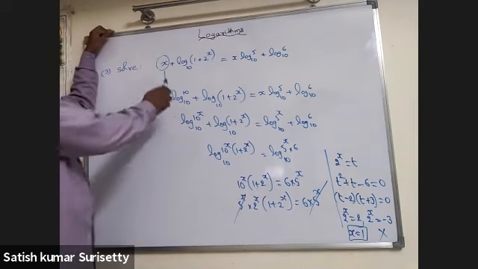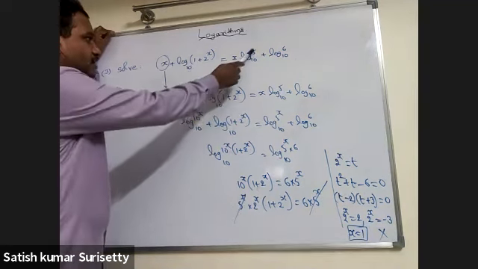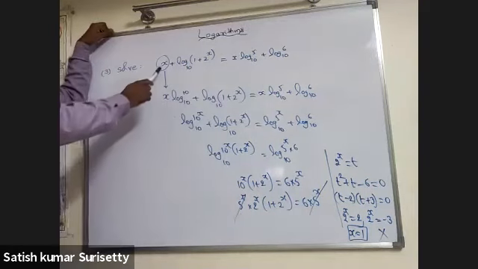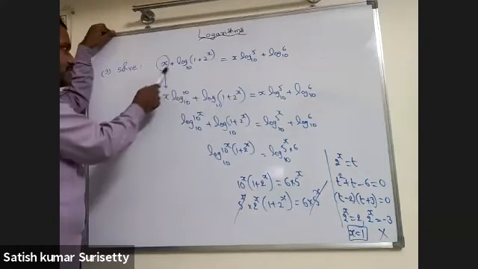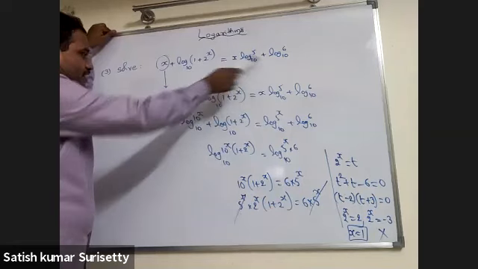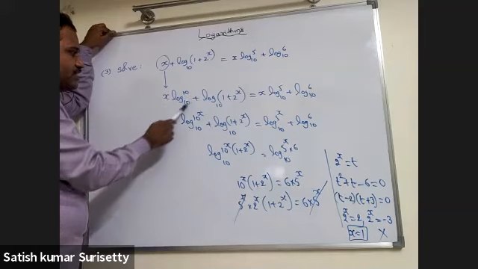So in this problem, x plus log of (1 plus 2 to the power of x) base 10 equal to x log 5 base 10 plus log 6 base 10. So there is no direct property that a real number can be added to a log unless this x also you convert in terms of log, because the base 10 is there everywhere. So this x you can write as x into log 10 base 10, because log 10 base 10 is 1.